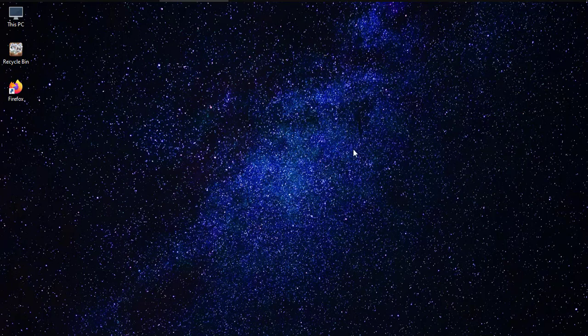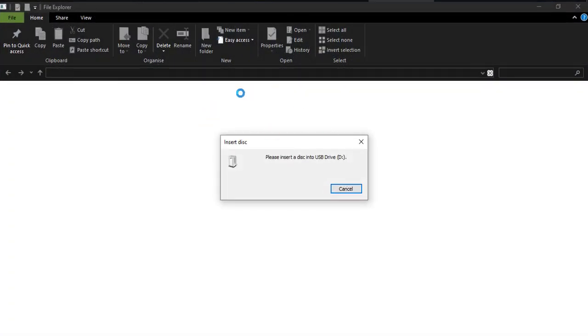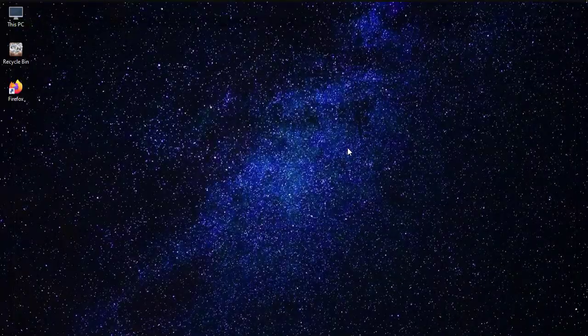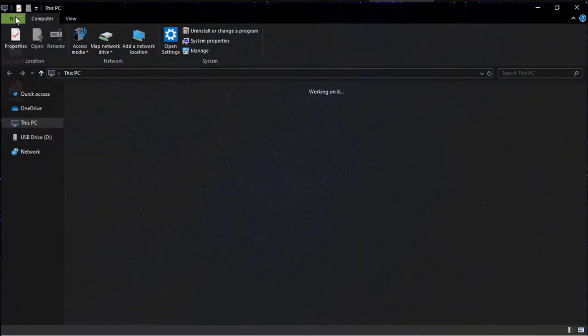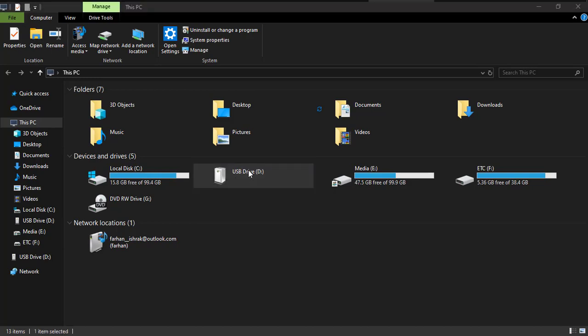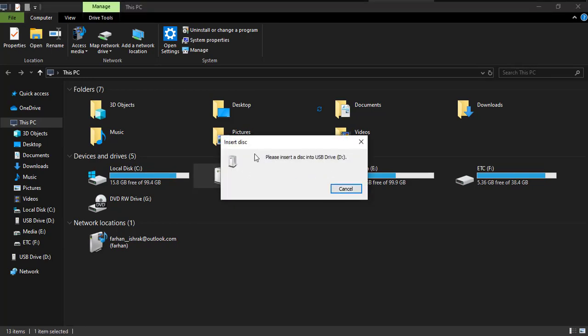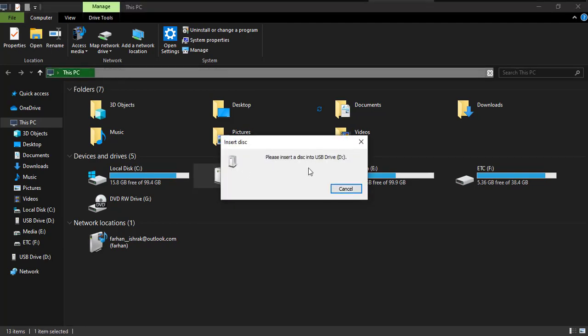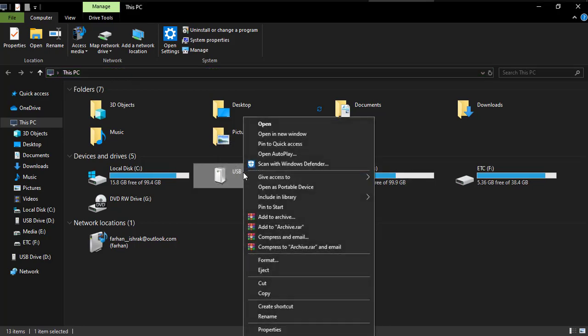Today we will discuss how we can repair our corrupted pen drive. So let's get started. Firstly, just insert your pen drive, and this pen drive says no disk image available. So go to the pen drive and try formatting. By formatting, let's try to fix it, but